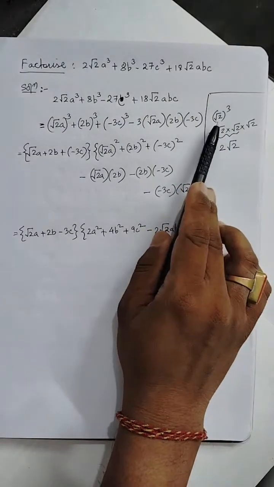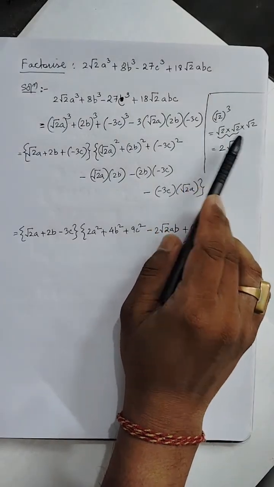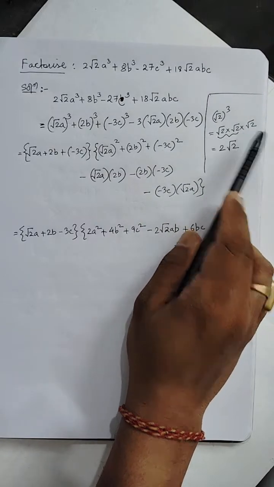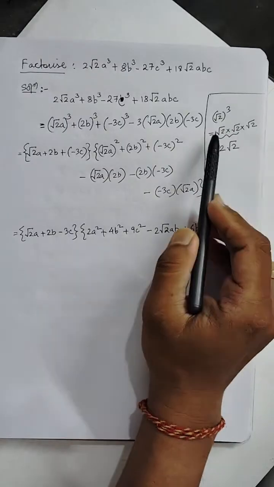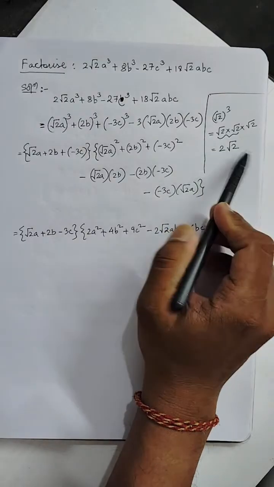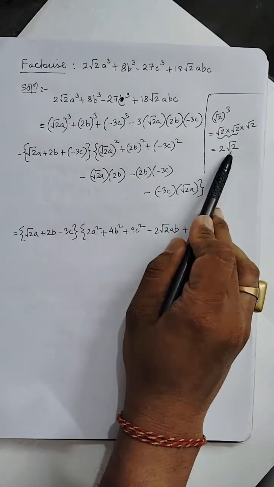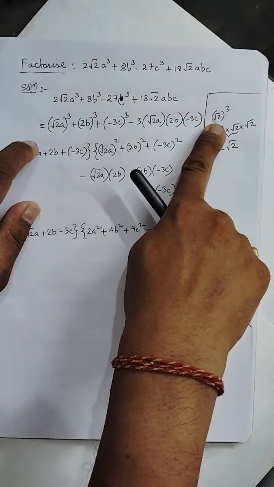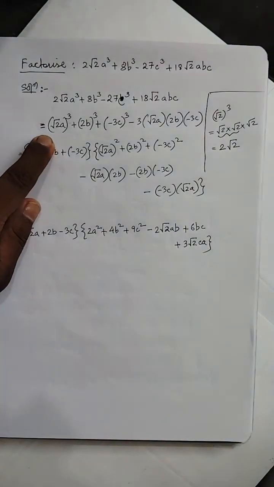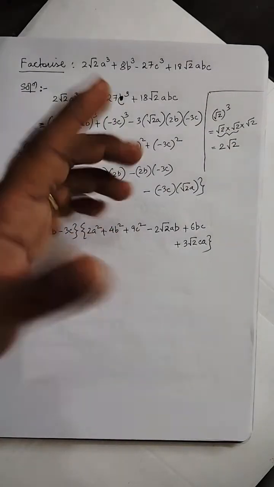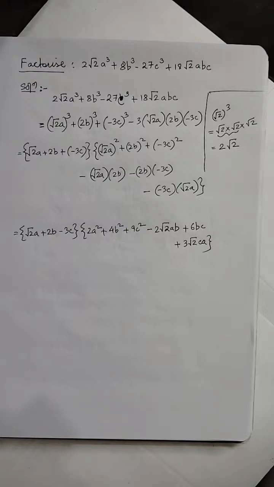सो मैंने ये दिखाया है कि अगर हम √2 का क्यूब करते हैं, क्यूब मतलब 3 बार मल्टीप्लाई करना होता है ना, सो √2 इंटू √2 इंटू √2। इनमें से अगर मैं इन दोनों को ले लेता हूँ, √2 इंटू √2, तो ये 2 बन गया, और जो बचा हुआ √2 है तो ये 2√2 बन गया ना। तो इसको हम √2 का होल क्यूब बना के लिख सकते हैं। वो मैं बताने की कोशिश कर रहा था यहाँ रफ वाले में। आई होप आप समझ गए होंगे, और बाकी तो जो आइडेंटिटी है उसी में है ना।